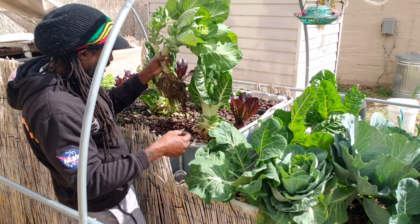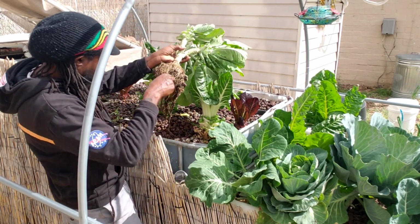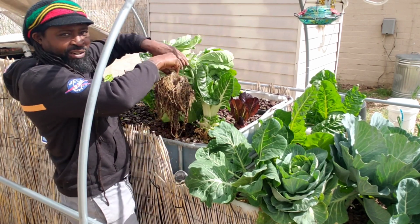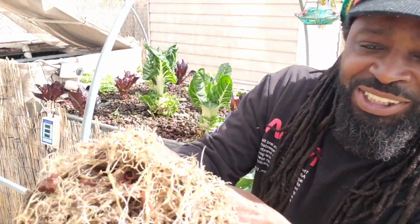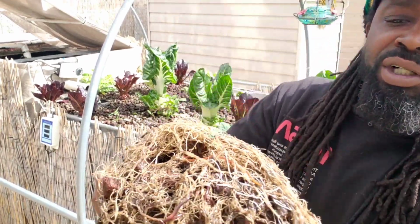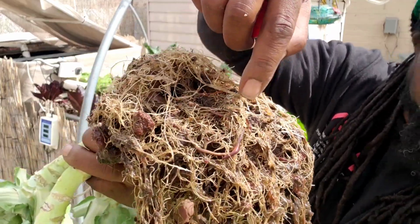Shake those loose rocks out. You can actually see some of the red wiggler worms just easily right there. Oh man, let me bring this over here. Guys, don't get grossed out because this is just part of the process. Let me see if I can point them out. Oh man, so here we go, guys. Let's check this out. That one's removed, so you can actually see the red wiggler worms, and they're just like